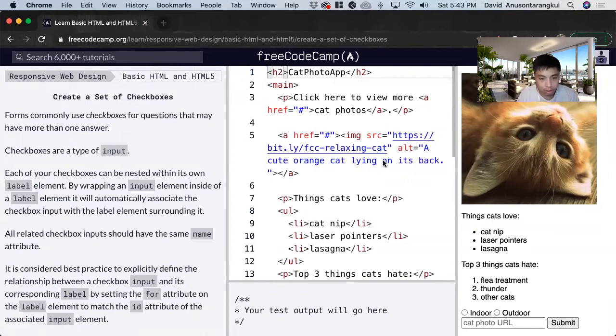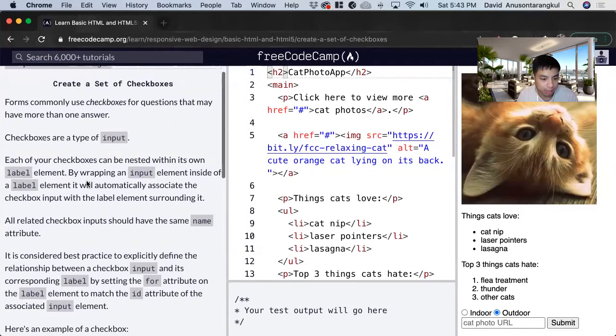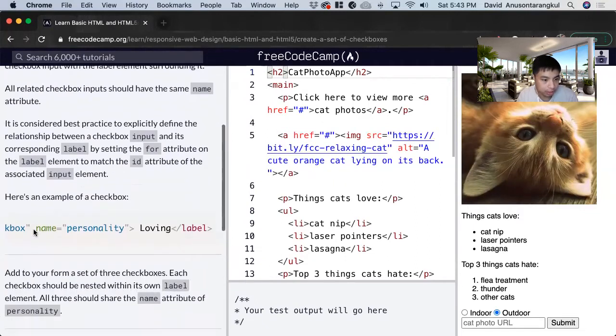checkboxes. So in the previous example, we did radio, where you can only check one. But with these checkboxes, it's going to be a square instead of a circle, and you can check multiple ones of it. And it's a type of input that you have. And basically, here's the syntax for it that we need to do. And the best practice is to put the for attribute the same as the ID attribute here, and they go